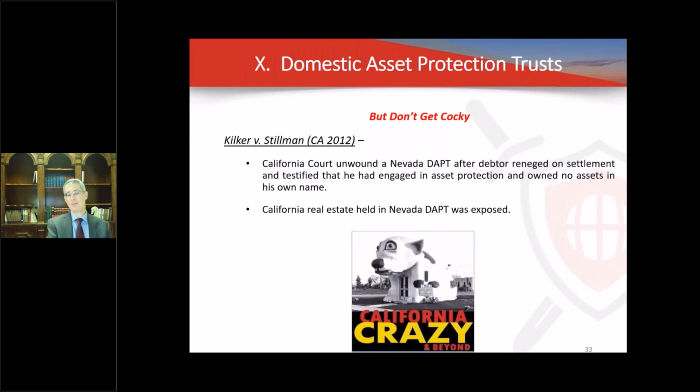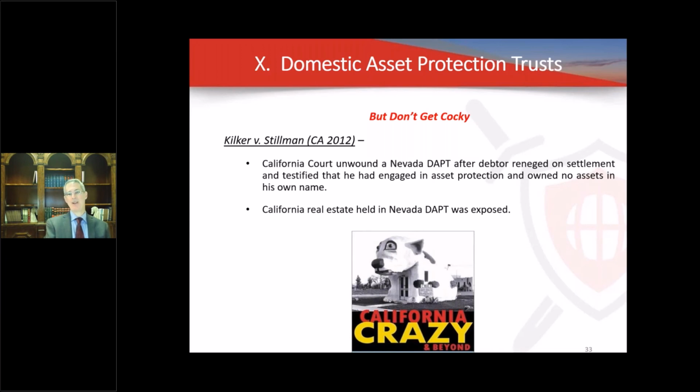Kirby Stillman basically is a case where you had a pool contractor do asset protection work in Nevada, funding the self-settled asset protection trust. Years later, there was a problem with the construction. I think there were all kinds of problems with the development, and one was the pools. So he got sued, but he was very cavalier about the case, and he entered a settlement, and then he breached the settlement, and the court